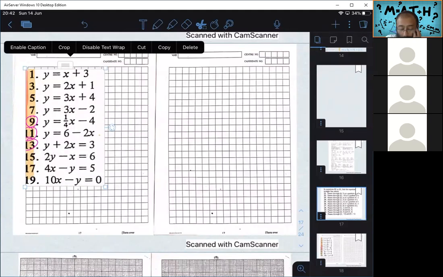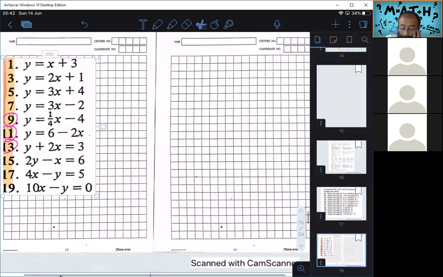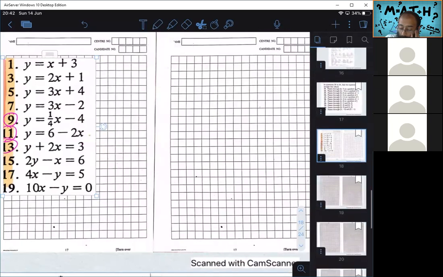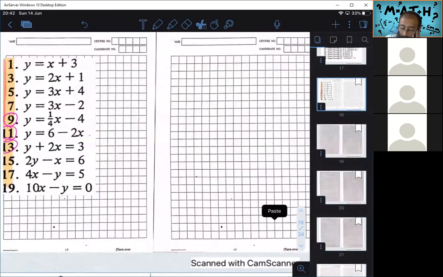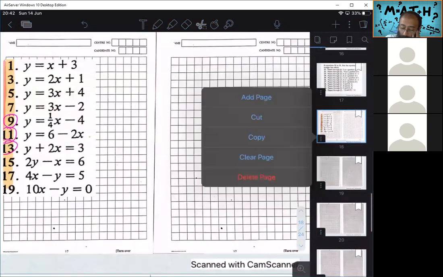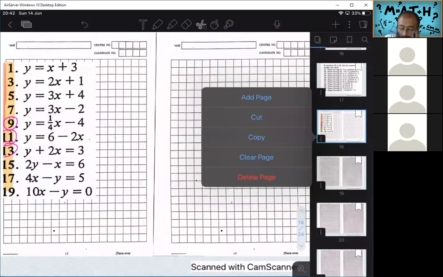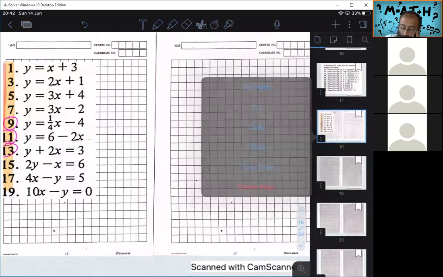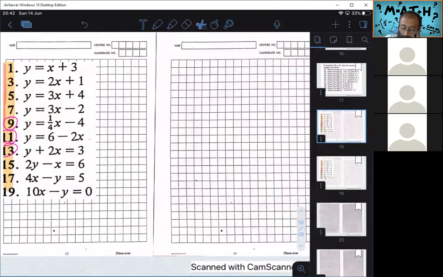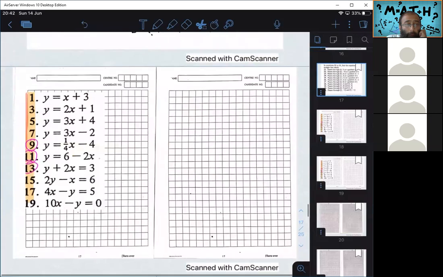Okay, everybody, let's have a go at some of these questions now. All right, let's make another copy of this page just in case we need it. Okay, let's copy this page. And then let's paste the page. Okay, lovely. Right, here we go. Now, if you have y equals x plus 3,